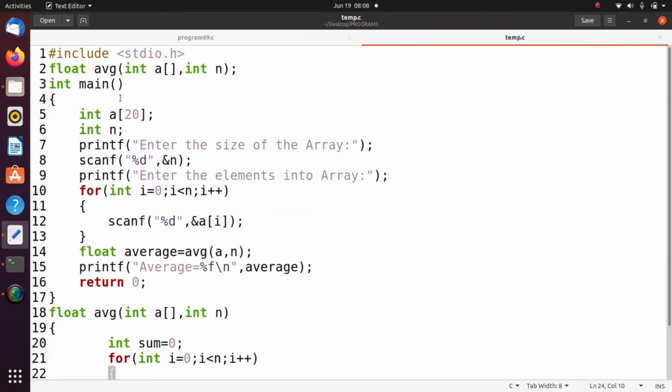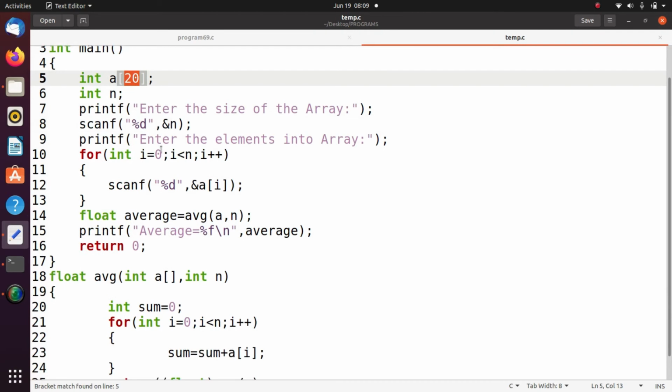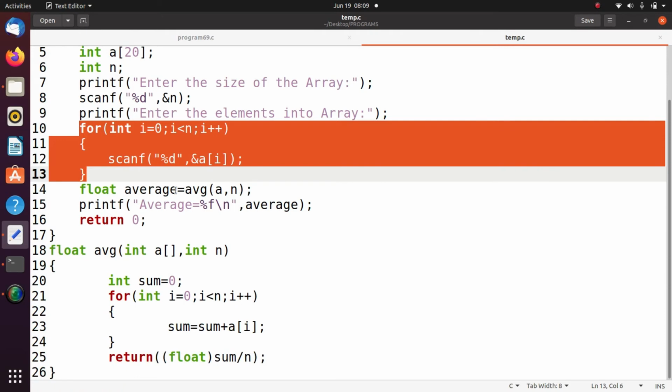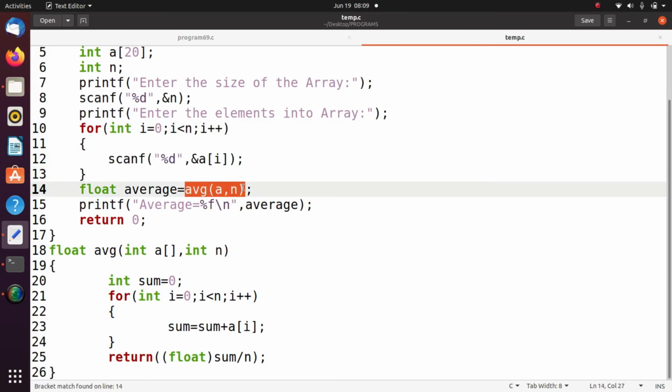Okay, with the same program we are going to see how to pass a fixed length array. This is the example. Here I declare a variable a of 20, but in this size 20 I use only some fixed size that I read as the n value. Enter the size of the array and I store the value in n. For example, I enter 5. I am going to use 5 locations in this a of 20. If I define n as 10, then I use 10 locations in a. After that, by using this for loop, I read the values into the array. Then I call this avg function like this, a comma n. What is a here? a is the array, n is the size.